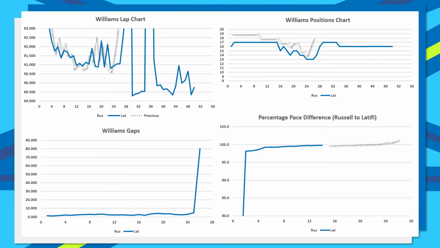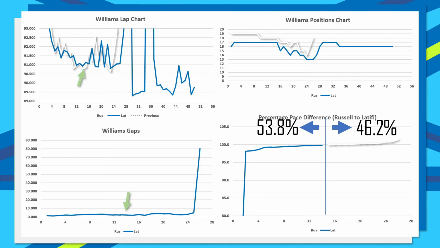And splitting their percentage pace difference down the middle, we can see that for 53.8% of the laps raced together, it was Nicholas Latifi in the blue who was the faster of the two cars, and therefore for 46.2% it was George Russell in the white. And it is not for the first time that Nicholas Latifi was actually the faster race car in the Williams than George Russell. However, we can see in stint number 1 that they were setting near enough identical lap times,